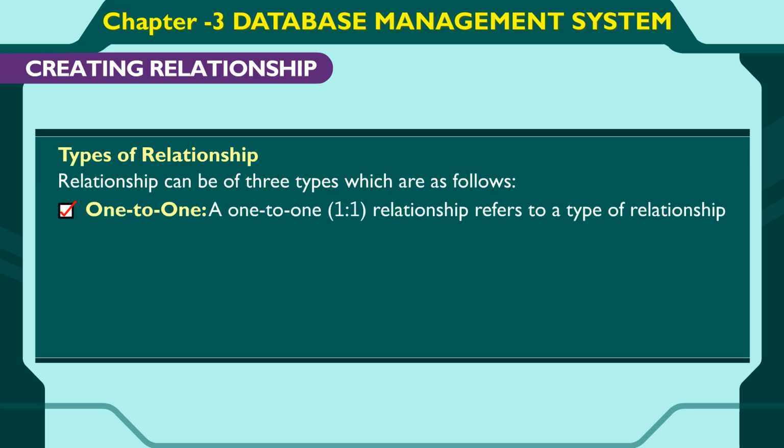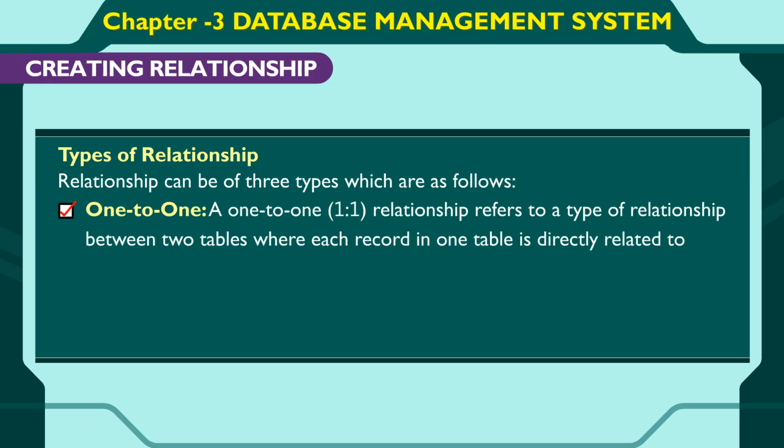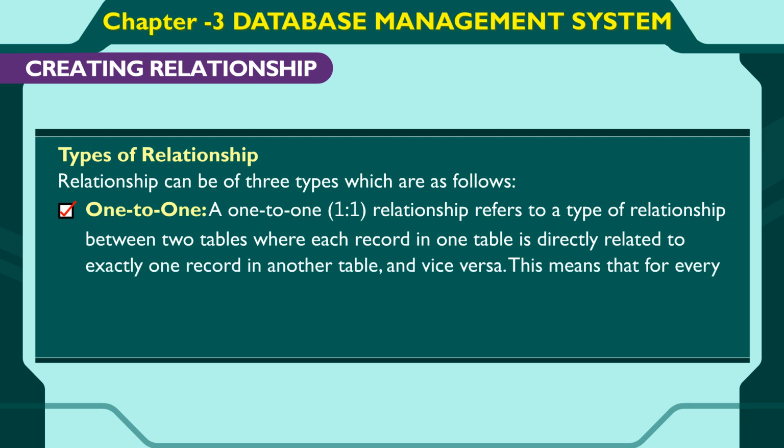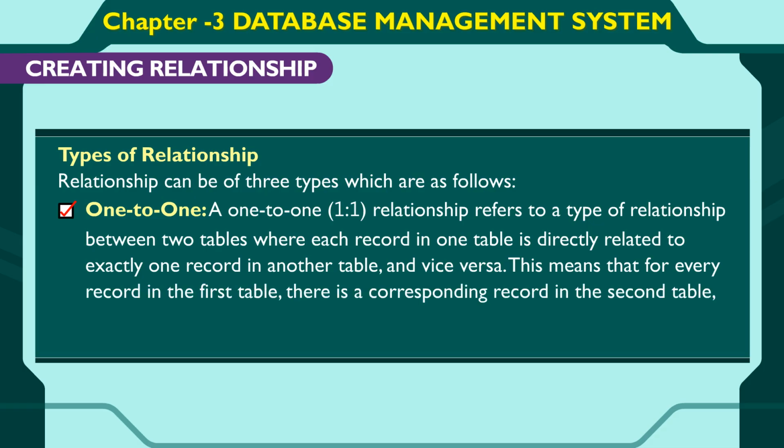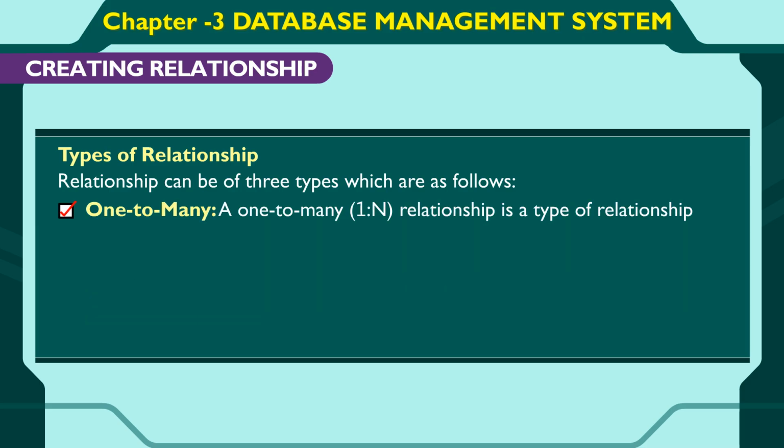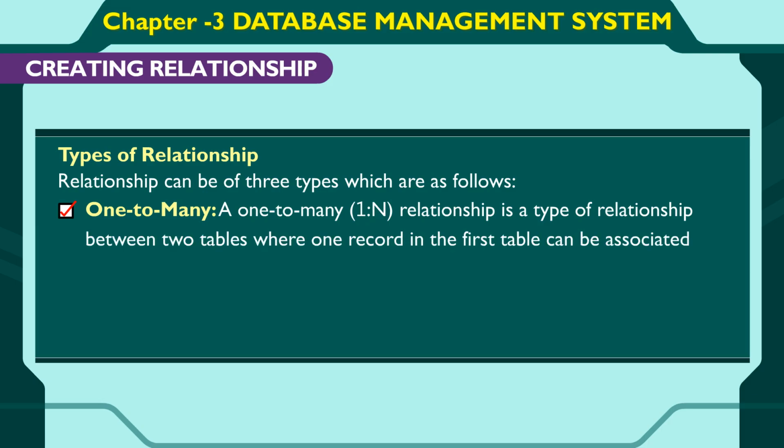One-to-one. A one-to-one relationship refers to a type of relationship between two tables where each record in one table is directly related to exactly one record in another table and vice versa. This means that for every record in the first table, there is a corresponding record in the second table and vice versa. One-to-many. A one-to-many relationship is a type of relationship between two tables where one record in the first